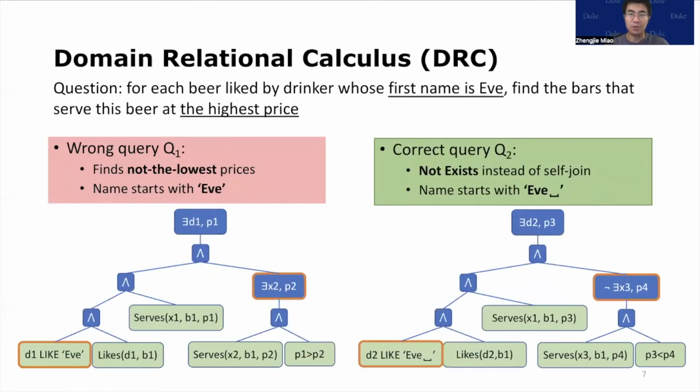Before we dive into the answers to the previous questions, let's recap domain relational calculus used in this paper. DRC is equivalent to relational algebra and is basically a first-order logical formula consisting of quantifiers, operators, connectives, query variables, and relational atoms. For simplicity, we will only discuss binary tree representation of DRC queries. On this slide, we show the DRC query tree for both Q1 and Q2 and highlight the major differences in these two trees. Now we can discuss how to describe the ways that a query Q is satisfied in this tree representation.